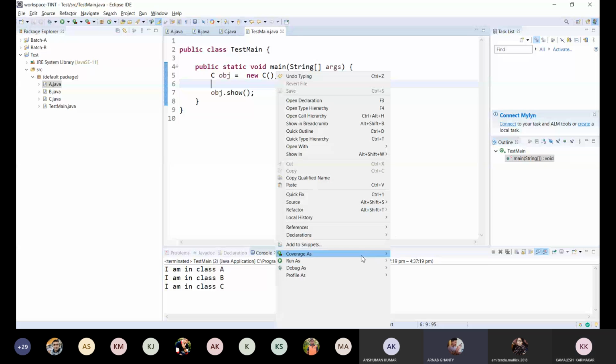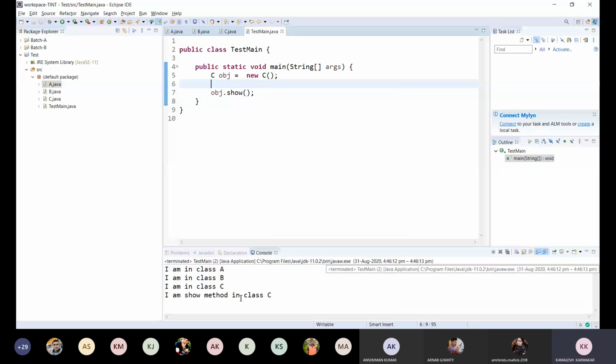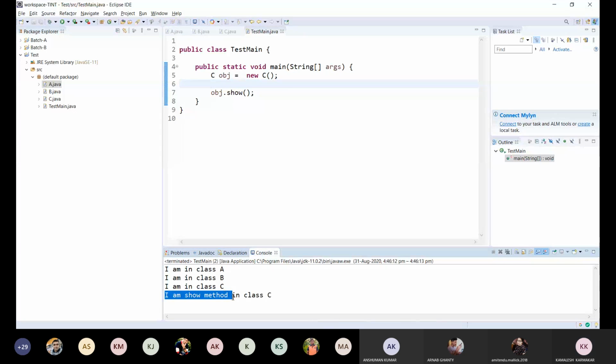C will be printed, sir. So it will print C. I am in C. This is the output. I am in C. So what is the reason for this? The reason is